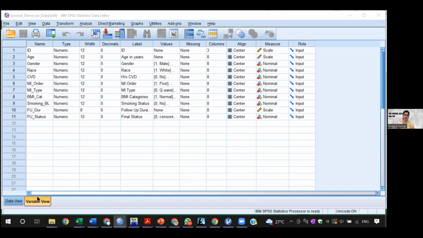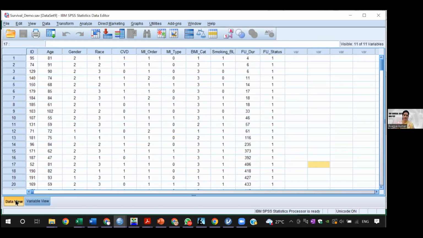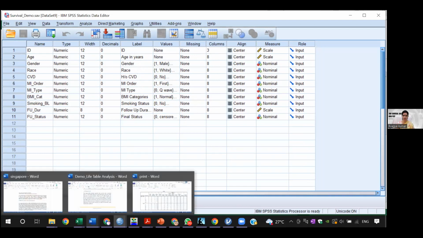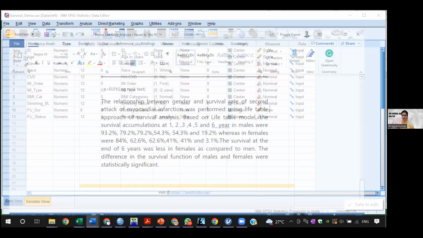In SPSS, you have a variable view, and this is the data view. In the variable view, you can see this is the age in years. Then there's the gender. These are categorical variables, race. There's history of CVD, MI order. So I'll first show you the question. So the question is,